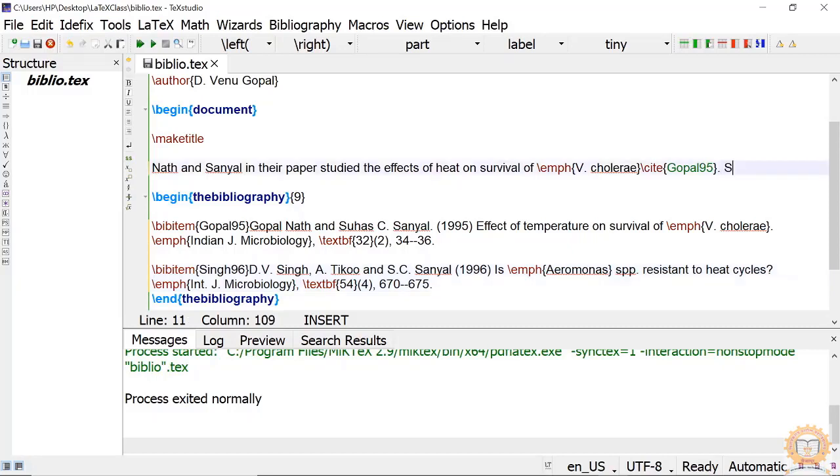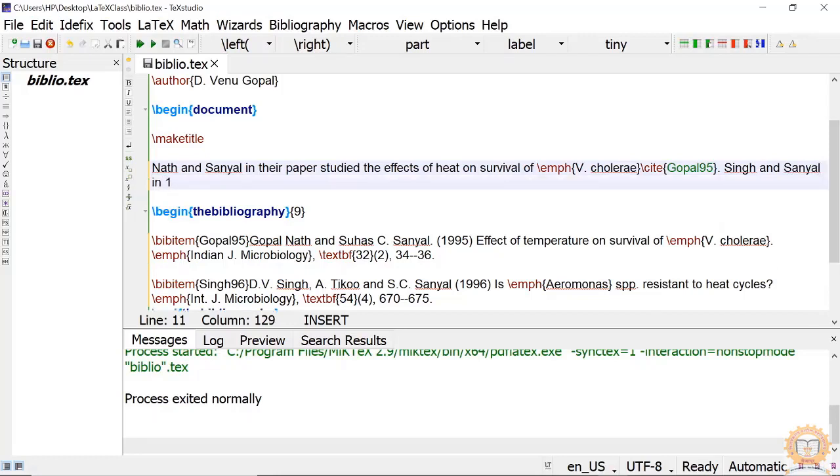Okay, Singh and Sanyal. Don't think I am a microbiologist or anything. Whatever is coming to my mind, I am writing here.